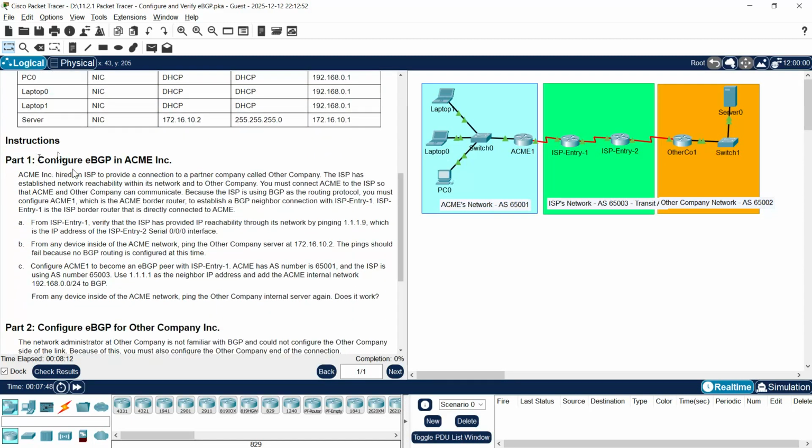Instructions. Part 1. Configure eBGP in ACME Inc. ACME Inc. hired an ISP to provide a connection to a partner company called Other Company. The ISP has established network reachability within its network and to Other Company. You must connect ACME to the ISP so that ACME and the Other Company can communicate. Because the ISP is using BGP as the routing protocol, you must configure ACME 1, which is the ACME border router, to establish a BGP neighbor connection with the